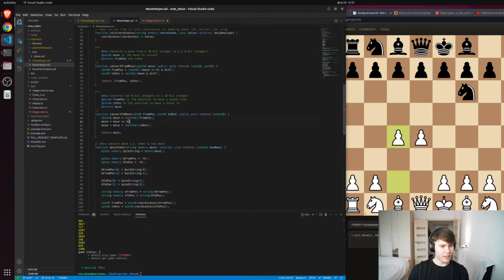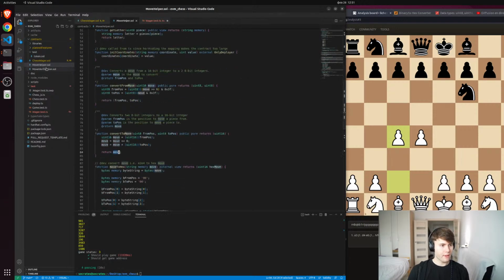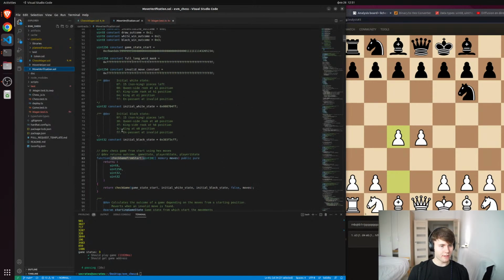Essentially, it's a bit shift by 6. So I'm concatenating from position to position, and I get this uint16 number, which is just the move. And then I take this move number, and I can go to my move verification smart contract,